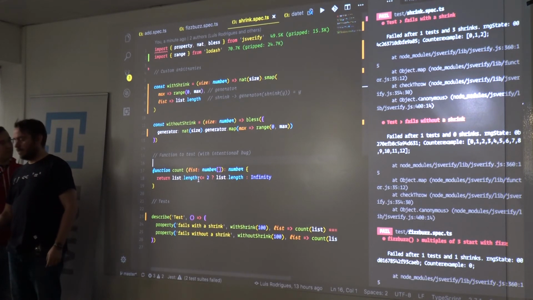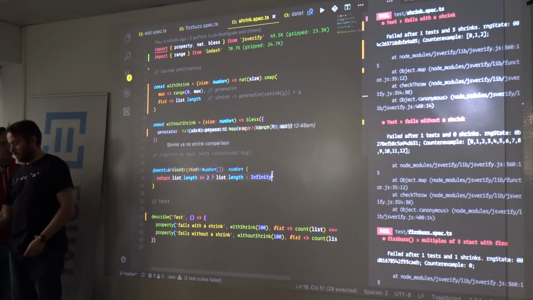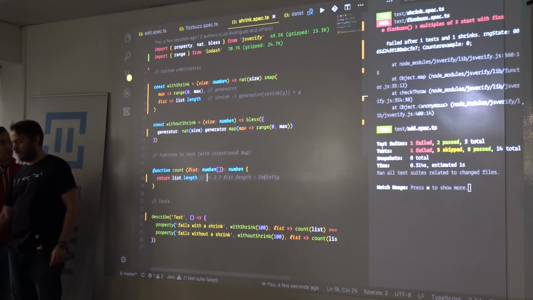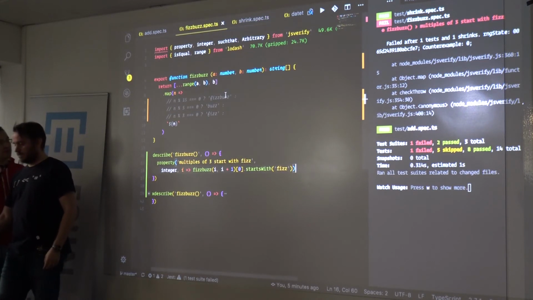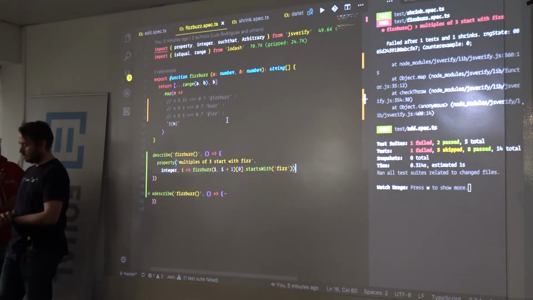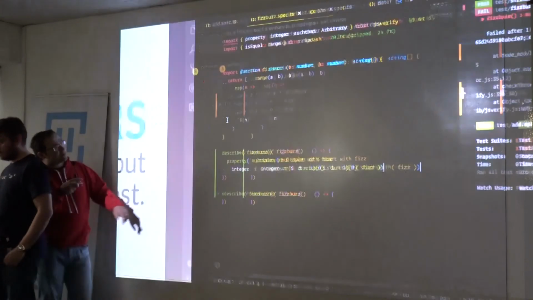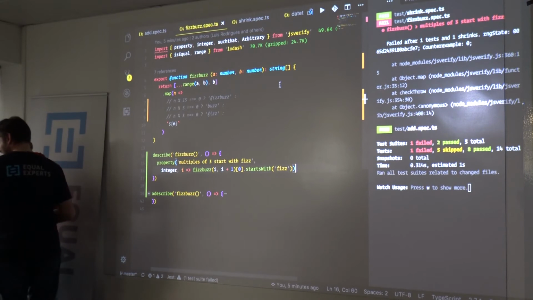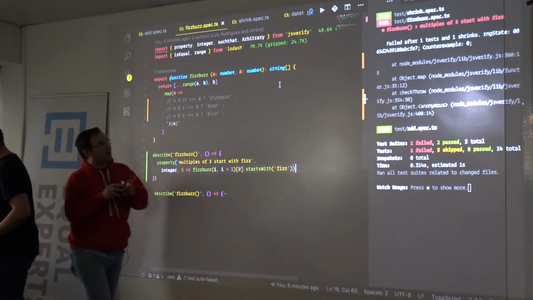So if you go in here and say, okay, this is not what it should be, I'm just going to fix the code, and it's passing. Okay, let's go back to FIZZBUZZ. Before, if you notice, whenever it fails, you have this